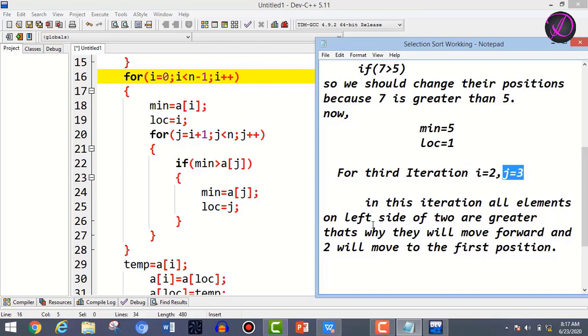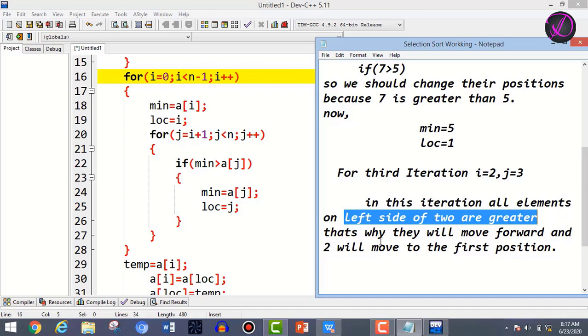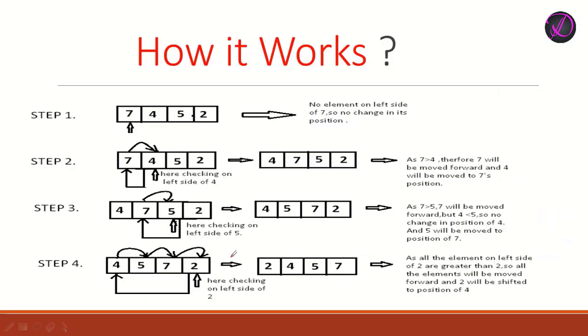In this iteration all elements on the left side of 2 are greater than 2, so we will move these elements to the right side and 2 will move to the first position. As you can see in this fourth step, 2 will move forward to the first position, and these three elements 4, 5 and 7 will move forward to these positions.